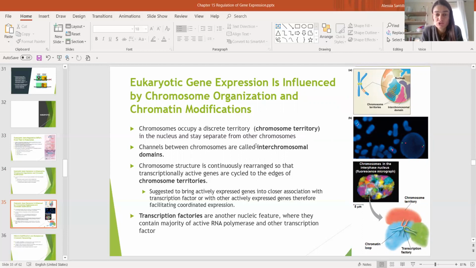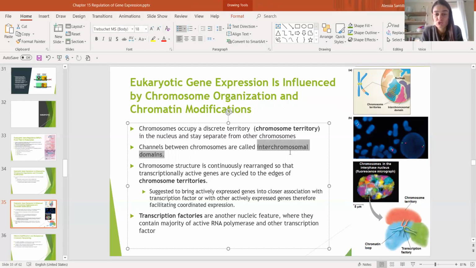And in between the chromosomes, we have these interchromosomal domains that don't have any DNA, right? They don't have any DNA between them. And then they loop out and form these transcription factories. So the areas of the chromosome that do go through transcription, that are necessary to go through transcription, that are always expressed, for example, that are constitutive maybe, will loop out and form these transcription factories. And we've noticed that in these particular areas, where they loop in,